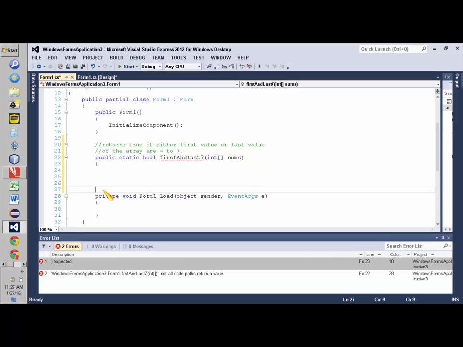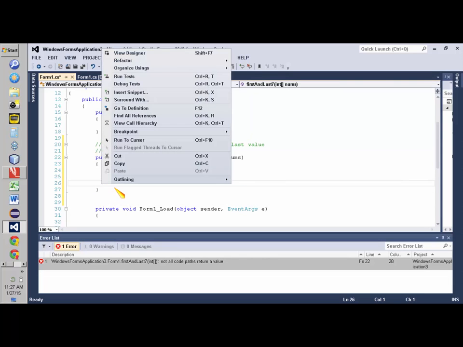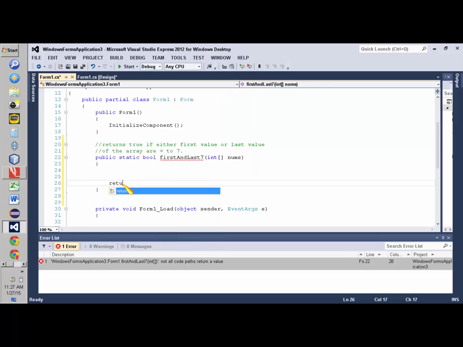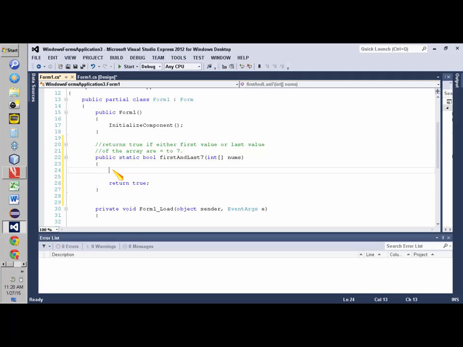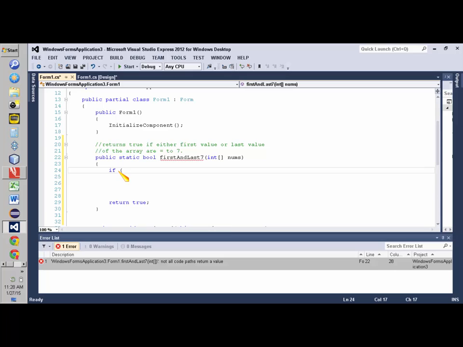Okay. So first of all, I'm going to need a return statement. So when it says return something, I'm going to need to return something. So let me say return true, just so I get rid of the boxes. Alright, so nums is my array that I'm going to be looking at. So I'm going to need to write an if statement, right? And if the first value or the last value are 7, I want to return true. If neither of them are 7, I want to return false. So nums is my array. So how do I reference the first position in the array? I say nums[0]. So I say if nums[0] is equal to 7,